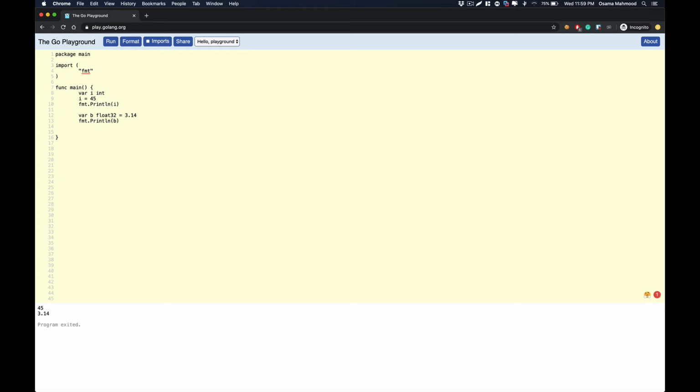Another way to initialize a variable is that we can just ignore this part, the data type of that variable, and the Go compiler automatically understands what data type the value entered in that variable is. Like, you can just simply write b, over here we need to define a colon and equals. Now if I enter over here Usama